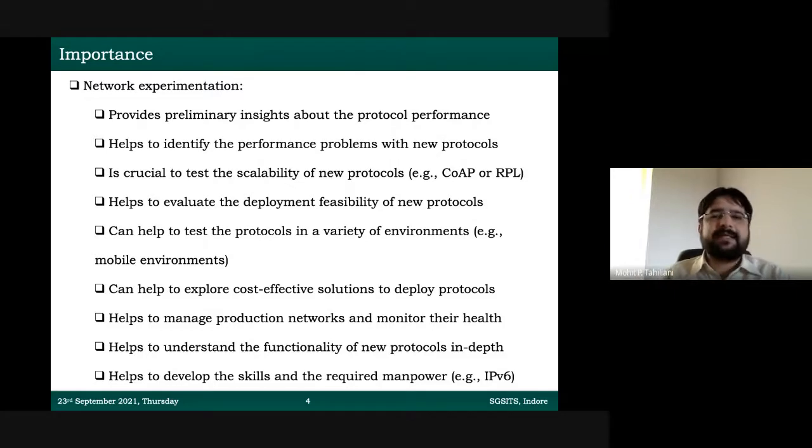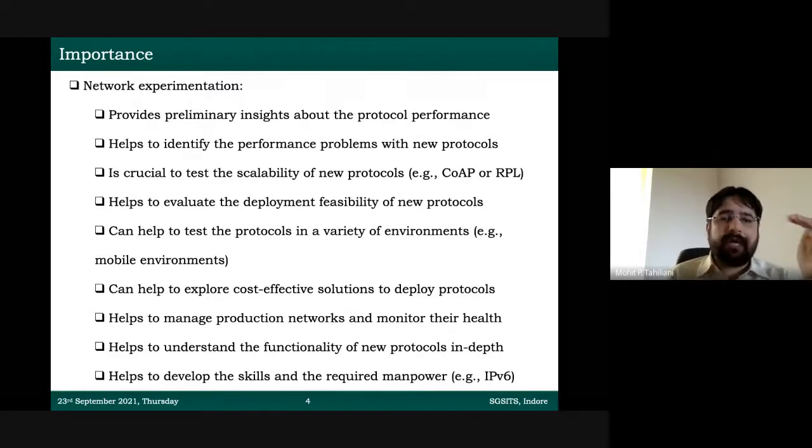For example, let's say you come up with a protocol that has a tight coupling with IPv6. Now we know that IPv6 deployment is happening everywhere in the world. India is leading from the front in IPv6 deployments, but still IPv6 is not deployed in the majority of places. So if you come up with a protocol which has a tight dependency on IPv6, then your protocol cannot be deployed immediately because IPv4 is the current protocol being used. So you need to wait until IPv6 deployment happens all over the place, and probably then your protocol would be more useful for the community. So these experiments can help you to evaluate the deployment feasibility.